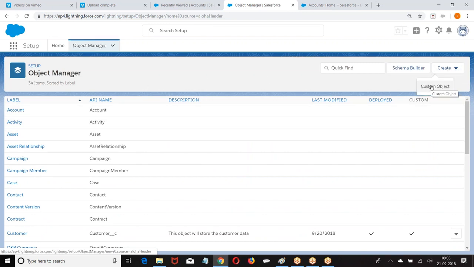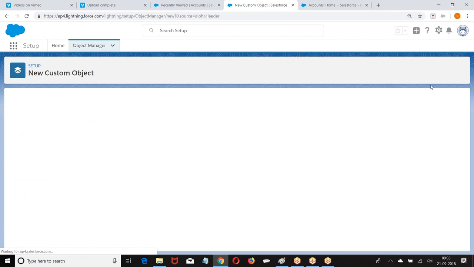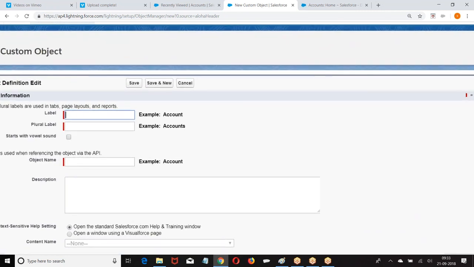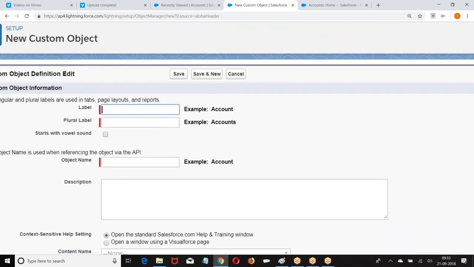Create custom object. The structure is the same, right? Now from Lightning also we can create a classic application or a Lightning application.